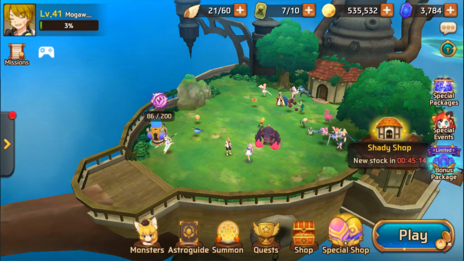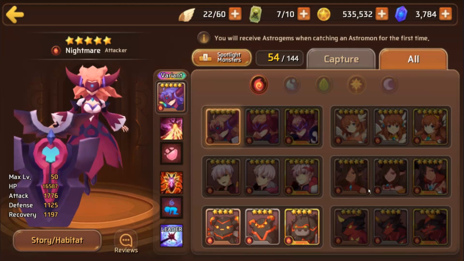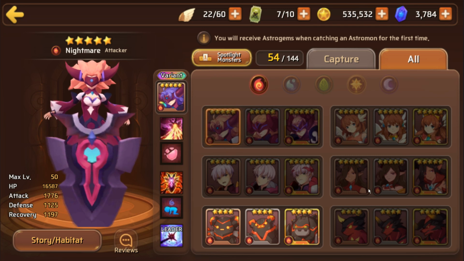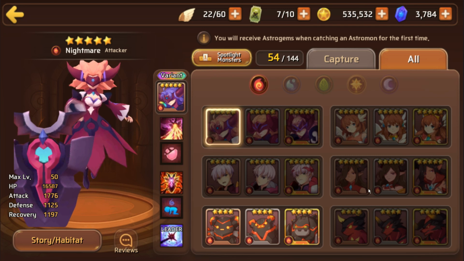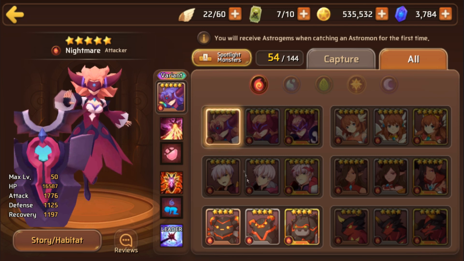So today we are going to be talking about the new natural 5-star Astromon Nightmare. We're going to be going over all 5 of her elements, as well as my opinions on what gems she should have to better take advantage of her skills. You're free to disagree with whatever I say about her gems, but yeah, anyway, let's go ahead and start with